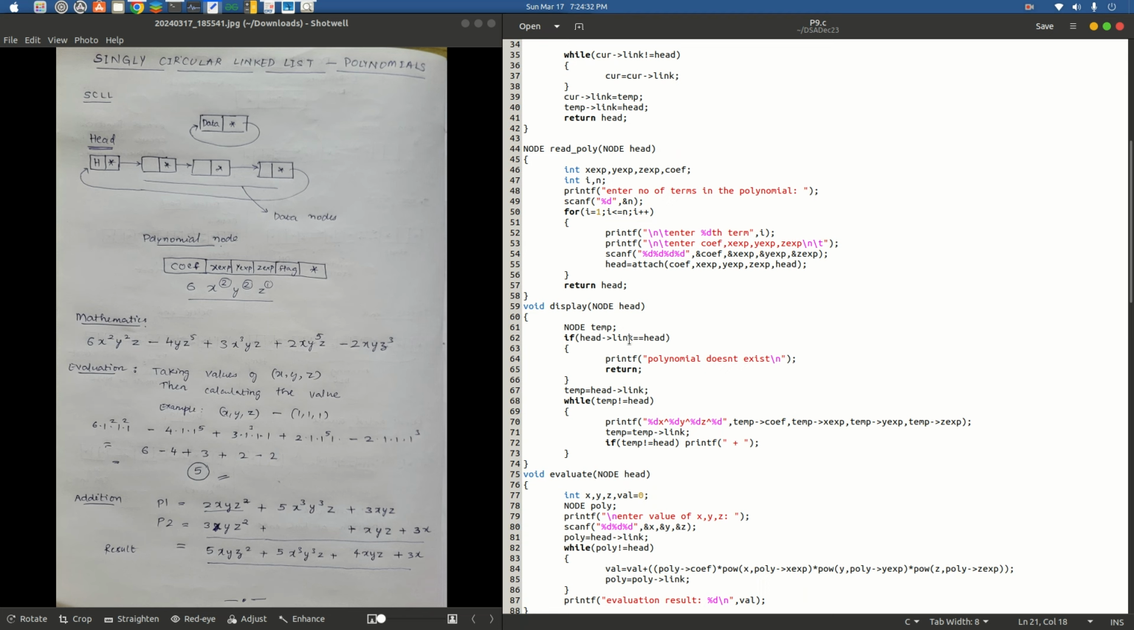and as I said, if it is just a single node, if head of link is equals to head, so consider this as the header node, right? Suppose nothing existed, so if only a header node existed, head of link will be pointing to head itself. That means there is no polynomial, so we just print the message polynomial doesn't exist and type return. If that is not the case, we move to the first node, temp is equals to head of link,